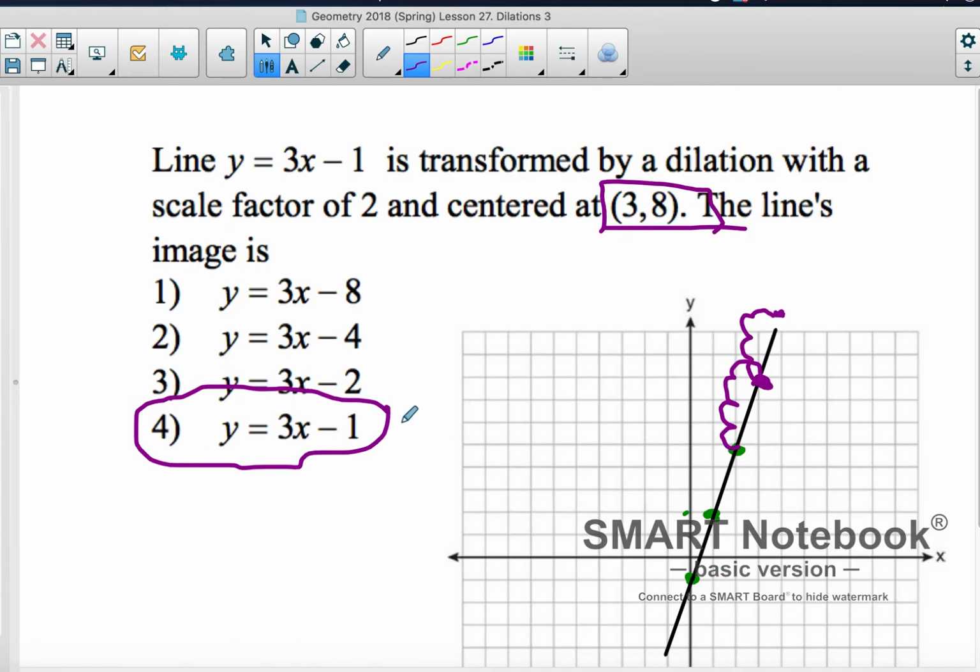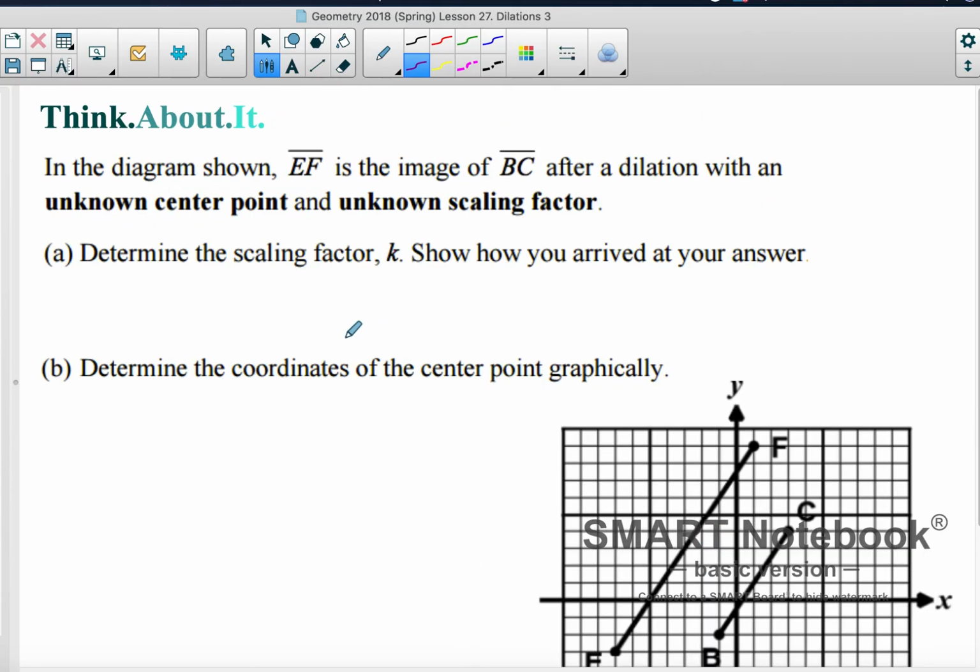line. So again, the reason this works, right, the reason it's the same line is because our center of dilation is on our original line here, right? This line with the green points is our original line, and the purple point, right, 3, 8, landed on our original line. So if it lands on our original line, when we dilate it, no matter what the scale factor is, it will always end up being that same line. Okay? Will always end up being that same line. So